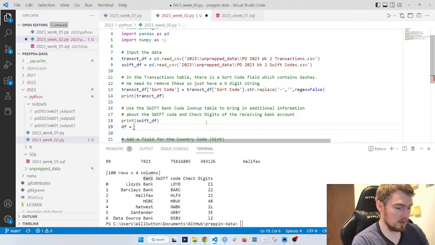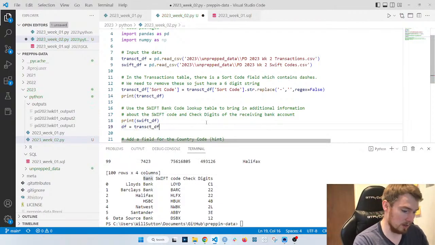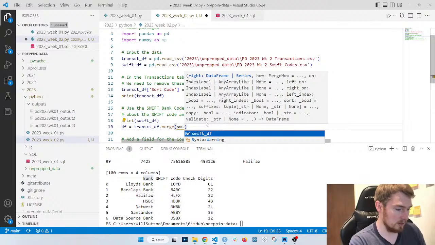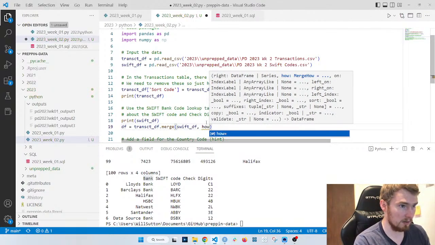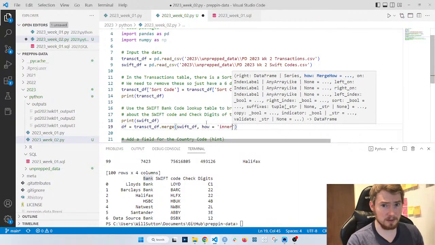So how it works, I would take one data frame, so my transaction df, do merge, and I will merge onto the Swift df. Then we need to know how I want to merge them. So do I want a left join or an inner join, those sorts of things. So I'm going to do how equals inner, as in you can't have an IBAN code or bank code that's missing some letters. So we want both parts of these to come together.